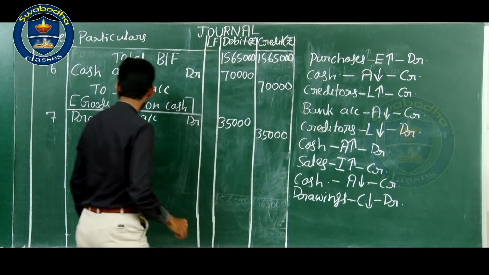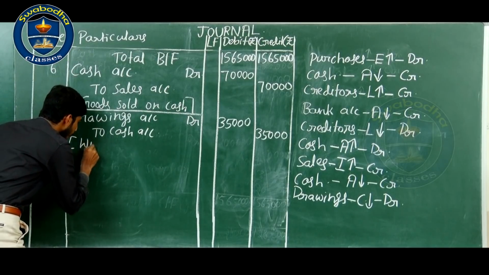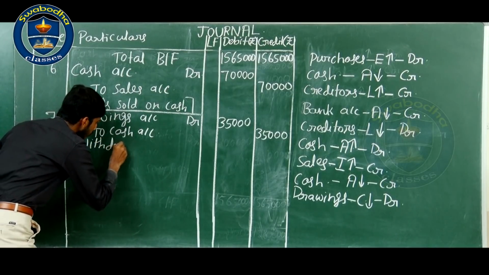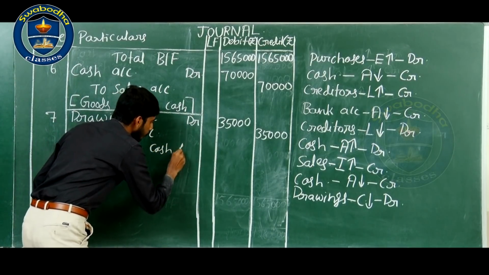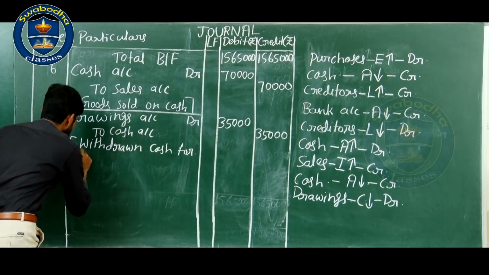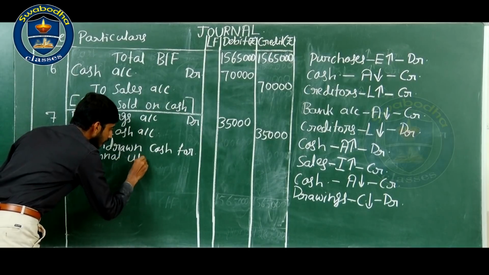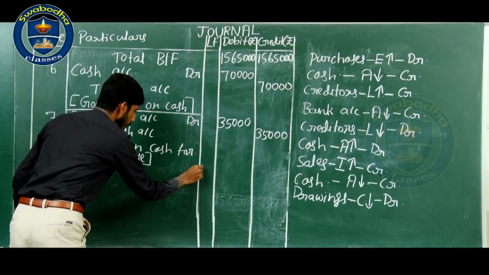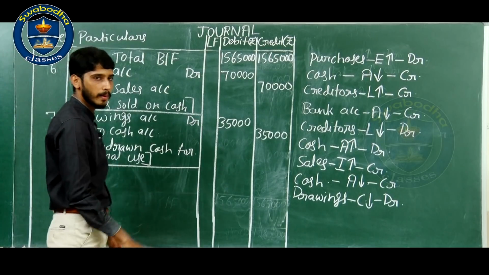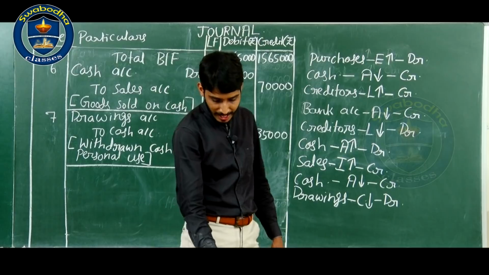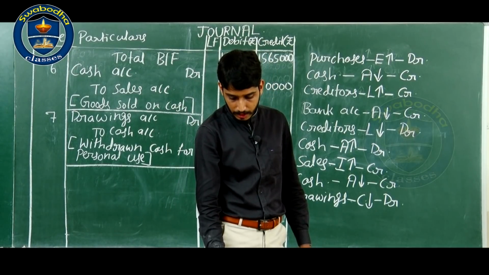Write the narration. Withdrawn cash for personal use. Next transaction, insurance paid by check rupees